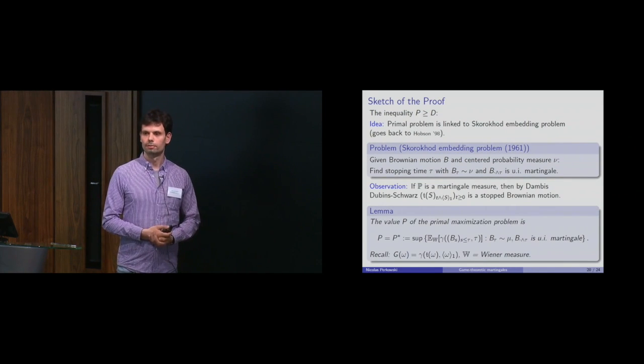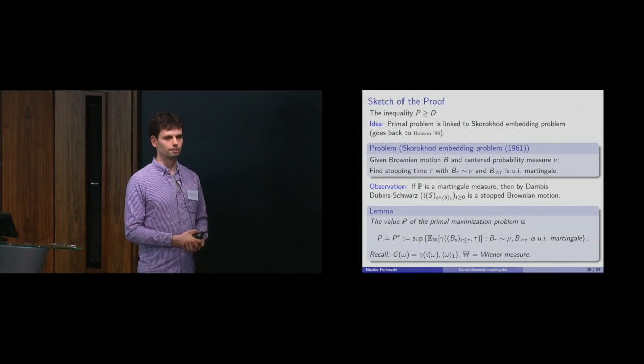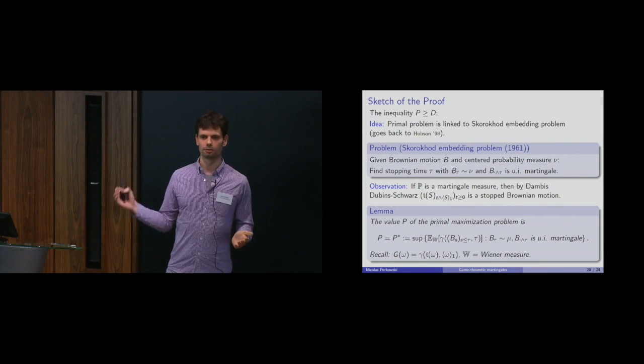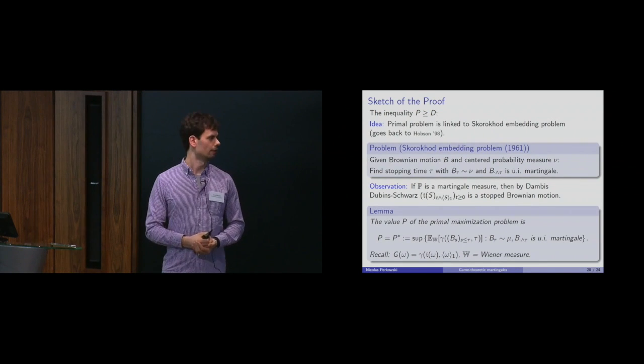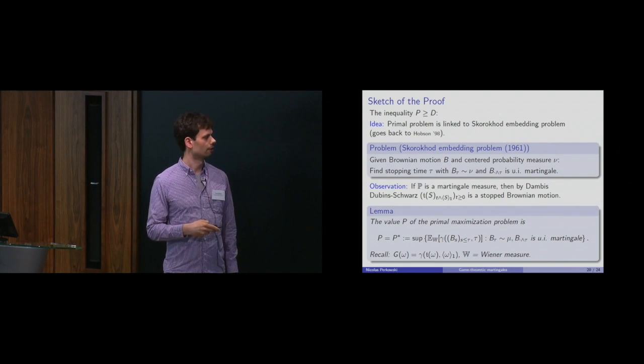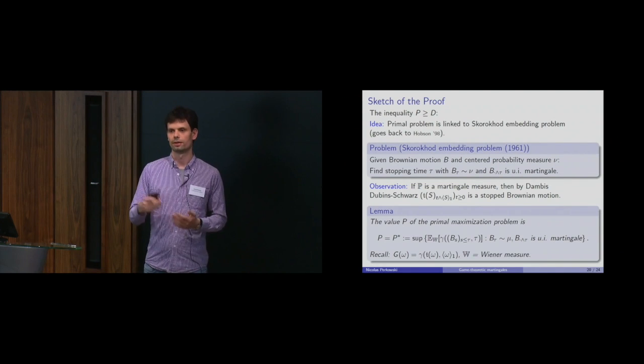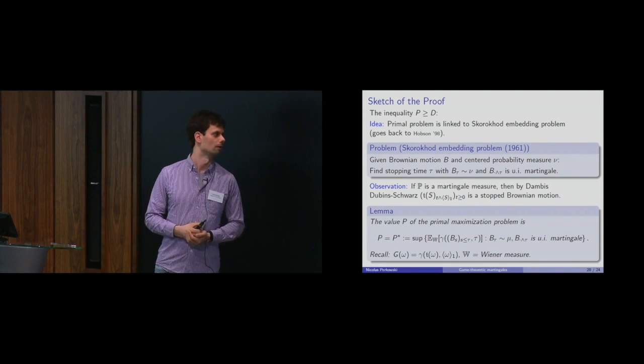Okay, now you can make a simple observation. Now we can apply, so I told you there's a Dambis-Dubins-Schwarz theorem, which is pathwise due to Vovk. But of course there's also the classical Dambis-Dubins-Schwarz theorem that tells you if you have a martingale and you apply this time transformation, which turns the quadratic variation at time t into t, well then after that you have a local martingale with linear quadratic variation, so it's a Brownian motion.